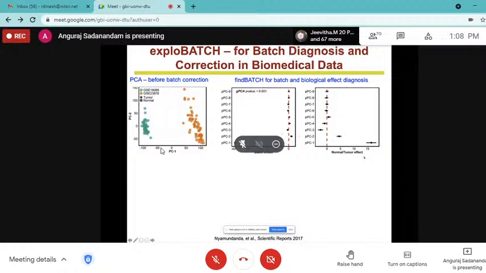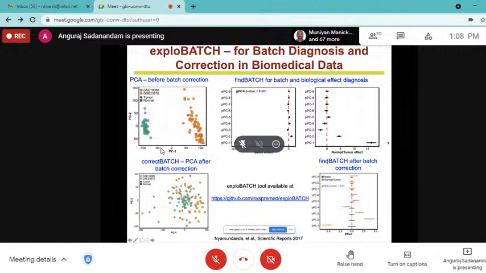Whereas if you look at the normal versus tumor effect, the normal and tumor difference is also present in principal components 1 and 2 and a few others as well. Now, we wanted to bring this line very close to or touching this red line by doing some statistical or machine learning analysis. That way the batch effect would go away and the data gets adjusted, but the normal versus tumor effect should not be removed. So that is the tricky scenario here. And you can see here that we did it with the explore batch, and now this